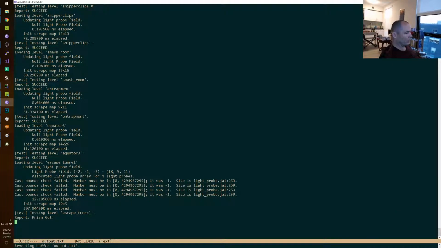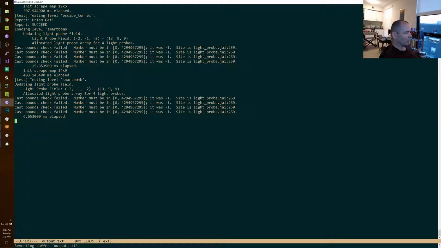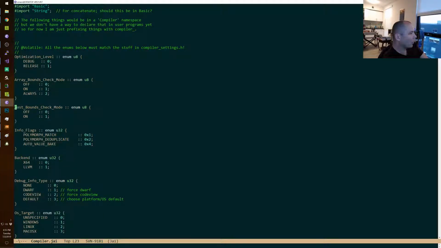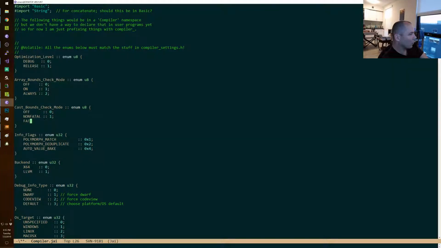Still light probe. Light probing. I think while this is going, I think we're going to change this. So cast bounds check is going to go off, non-fatal and fatal.